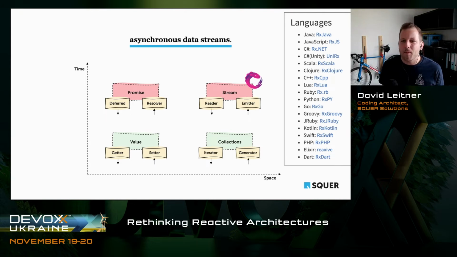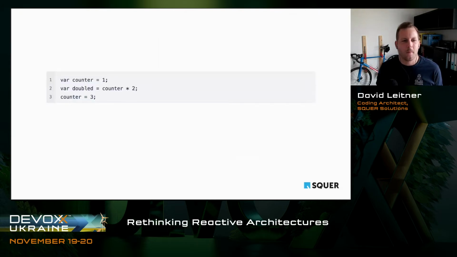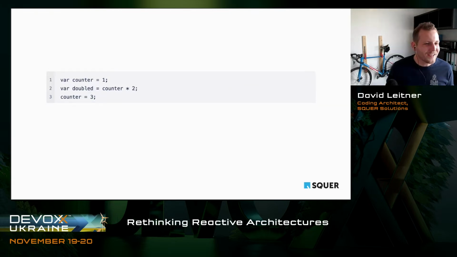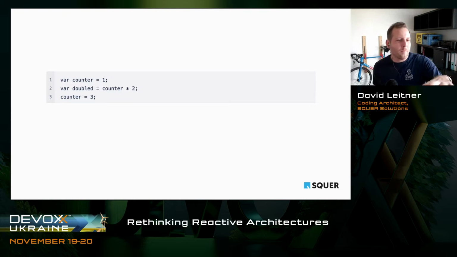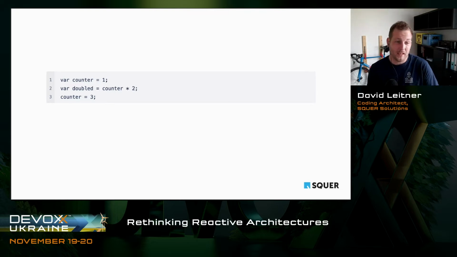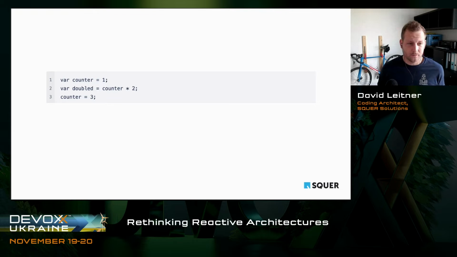And usually I come up with a very simple example, yeah? And that's the example. It doesn't matter which code it is. Basically, it could be a variety of programming languages these days. But we have a counter, right? We set it to 1. We have double, which is basically counter multiplied by 2, right?